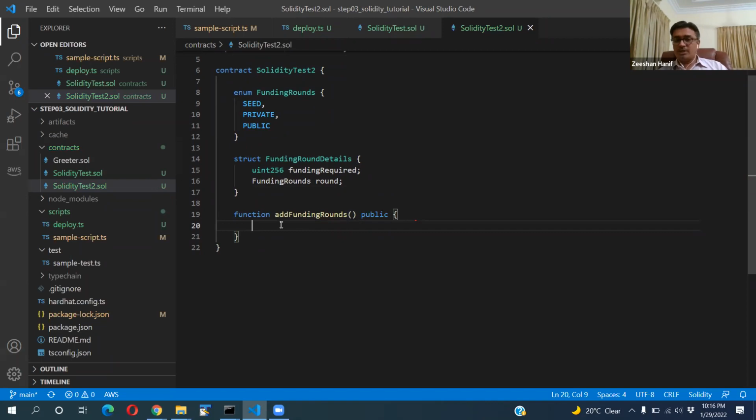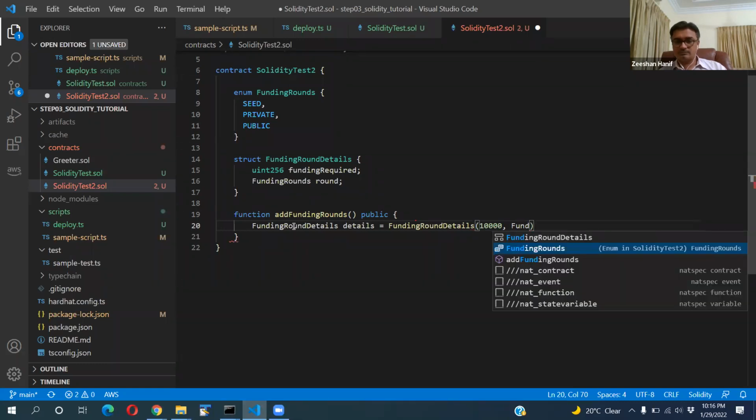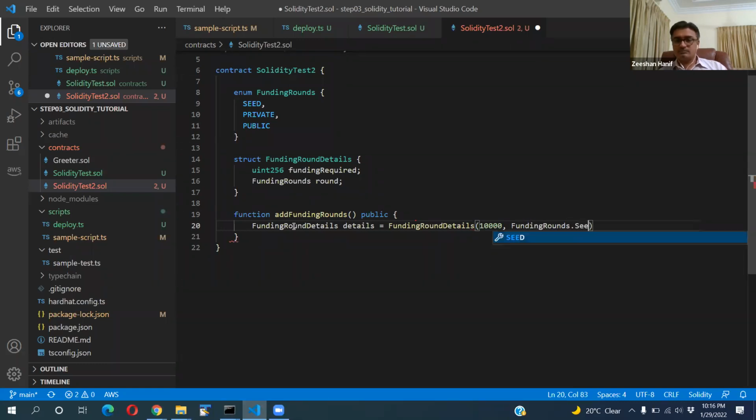Okay, so what we can do is we can create the funding round like this. Let's say funding required 10,000 and the funding round is seed, so in the seed round we require $10,000